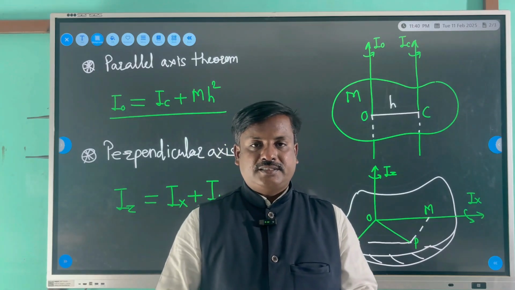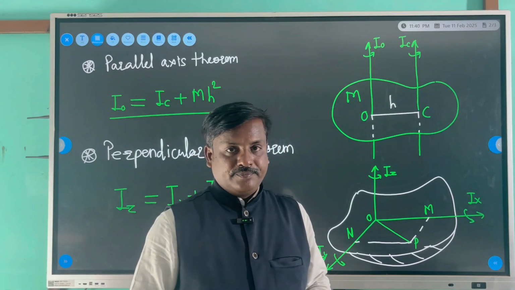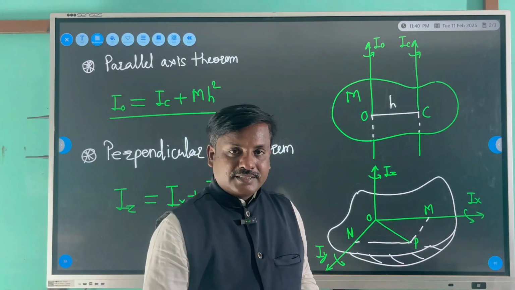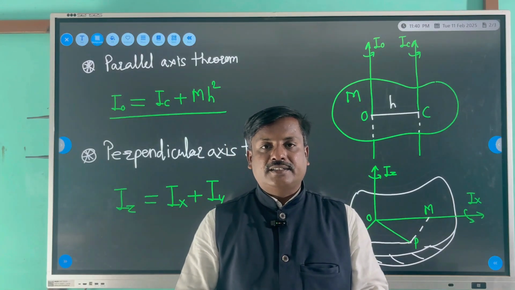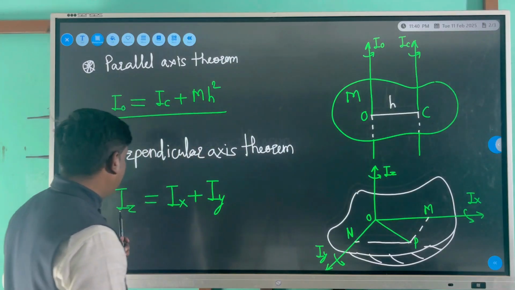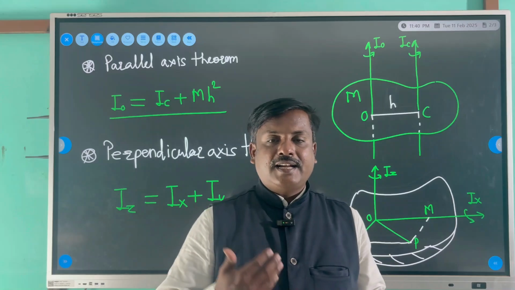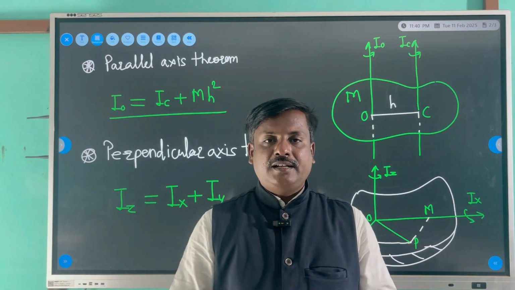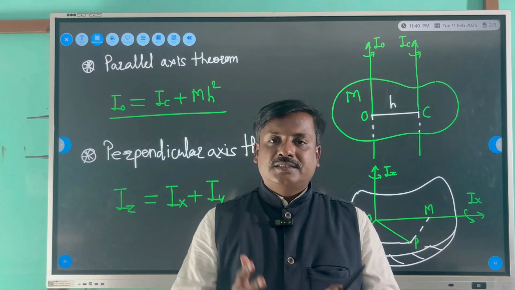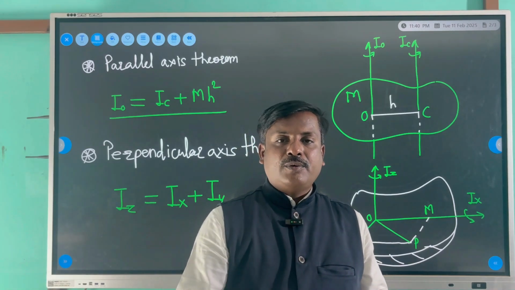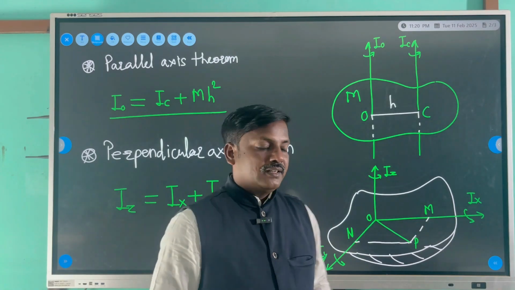Next आहे perpendicular axis theorem. What is perpendicular axis theorem? Suppose IZ is perpendicular to IX and IY आणि IX आणि IY कसे आहेत? They are in the same plane and IZ is out of plane and which is perpendicular to the IY and IX. लक्षात आलं? Then mathematically IZ is equals to IX plus IY. याला कसं स्टेट करता येईल आपल्याला? इट स्टेट्स दॅट द मोमेंट ऑफ इनर्शिया ऑफ द प्लेन लॅमिना अबाउट an axis perpendicular to its plane is equals to sum of its moment of inertia about two mutually perpendicular axes in its plane. लक्षात आलं? नेक्स्ट आहे